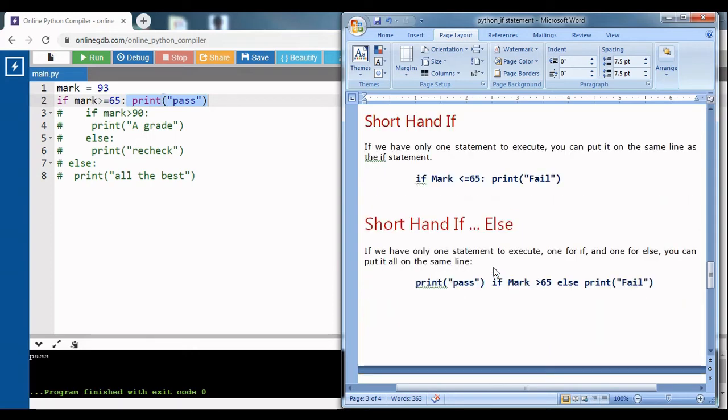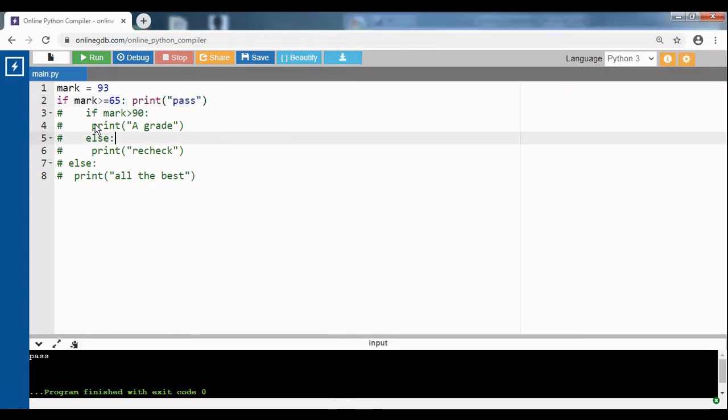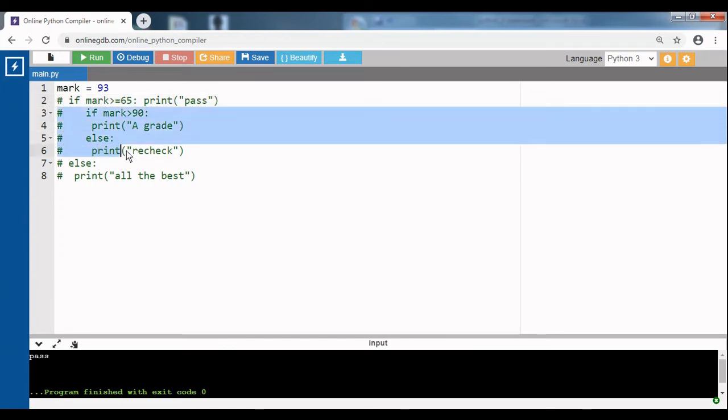Okay, next, if I am having if else, with only one statement to be executed for if and one statement for else, then in that case I can write it in a single statement like this. So let me give comment for this. This is the else part, right? So let's do one thing.